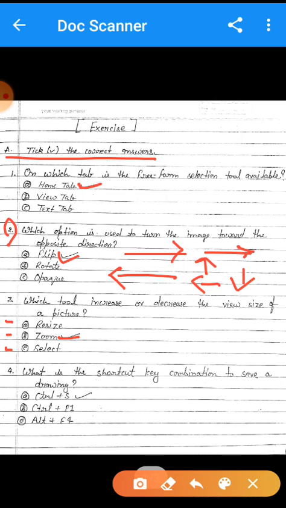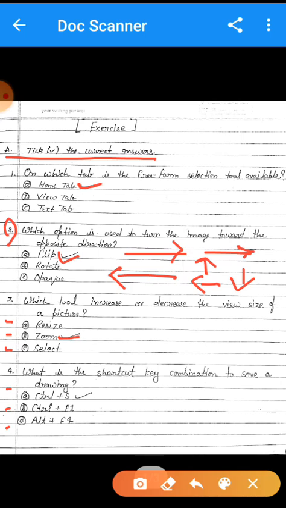Now, question number 4 is what is the shortcut key combination to save a document? So dear students, here you can see three options. Option number A is Control plus S. Option number B is Control plus F1.